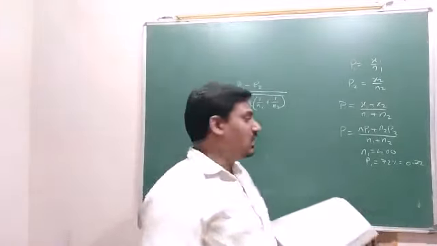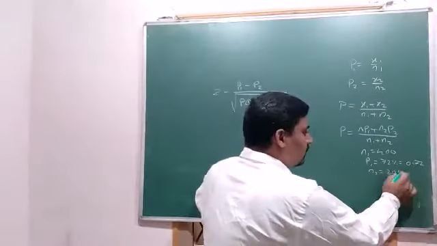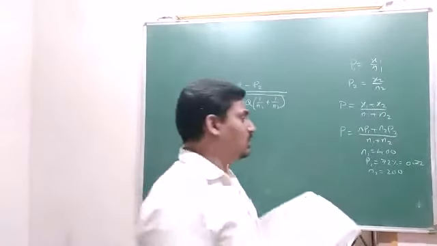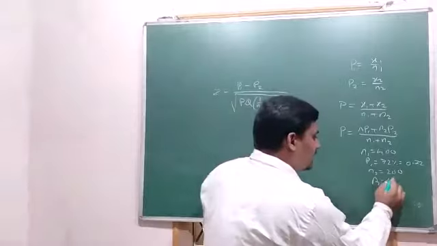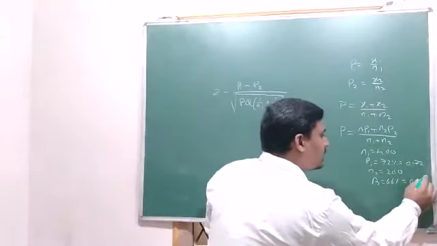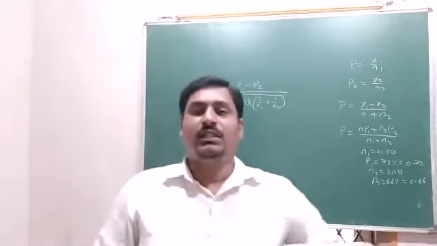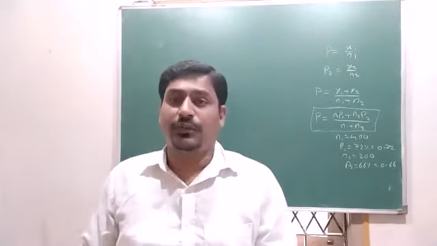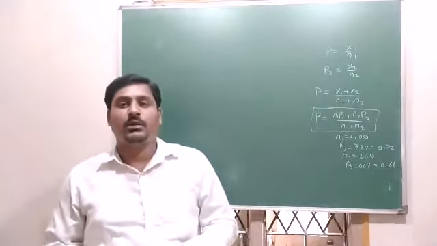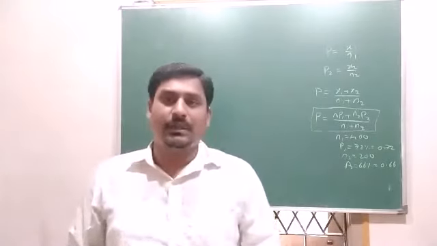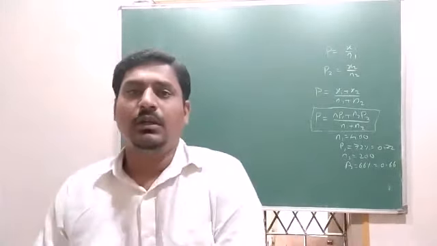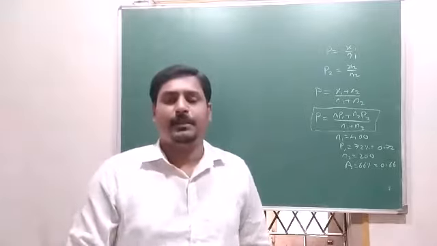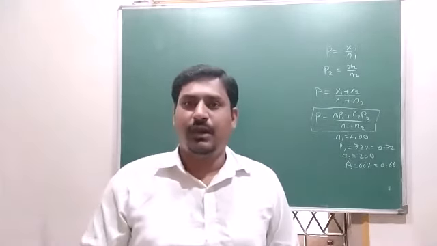That means N2 is equal to 200, and 66% of students passed. So P2 is equal to 66%, that means 0.66. Can it be concluded that the performance of college A is better than the performance of college B? Use 5% level of significance. So here they are telling that the performance of college A is better than the performance of college B, and we have to use 5% level of significance.